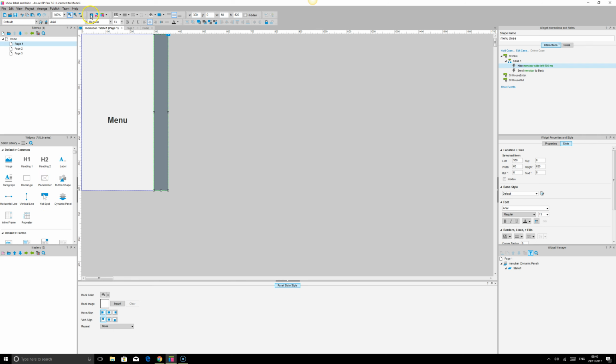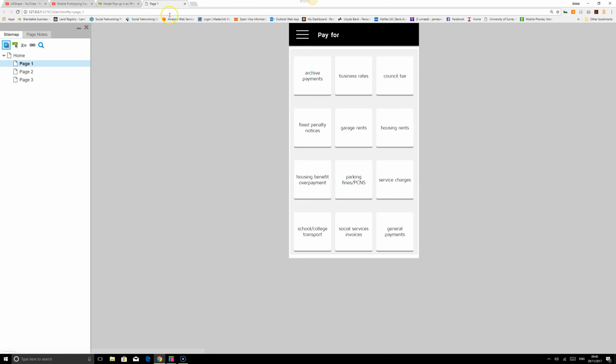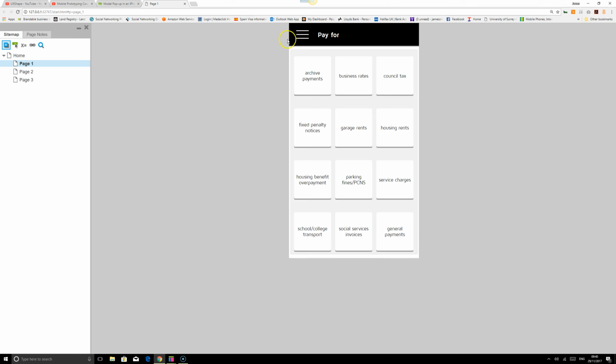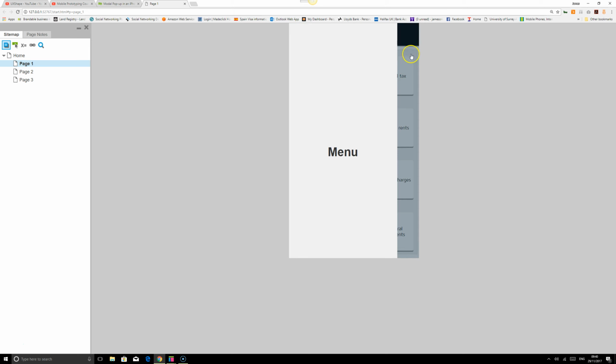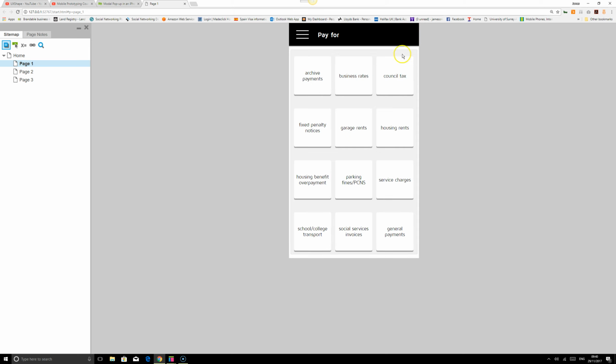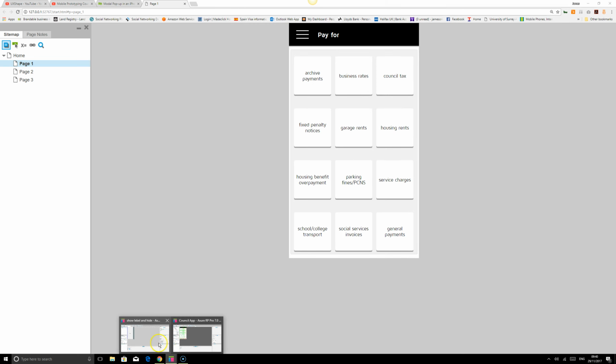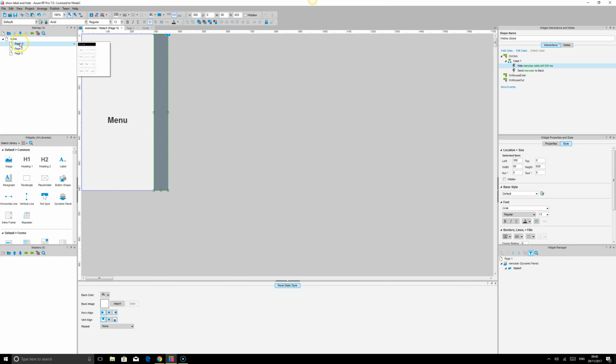If we preview this prototype now, we can click here and we can see a slide bar. We can see this area that we've created. We've just created it with another shape, but with some opacity in the background color. So if I click it, it goes back and the menu bar shows. So that's how you can actually do your hamburger menu instead of creating a hamburger effect that will show